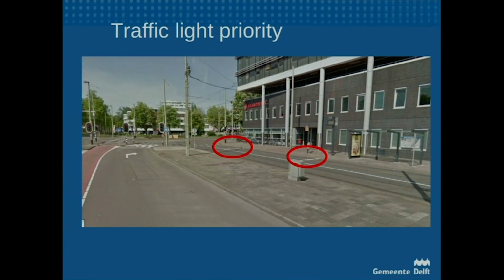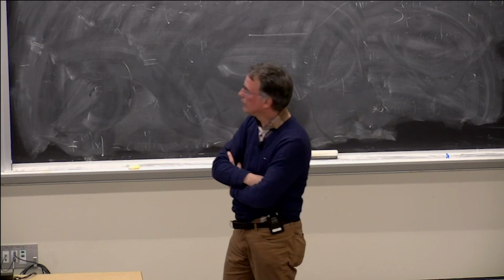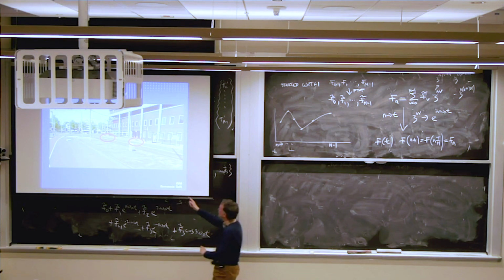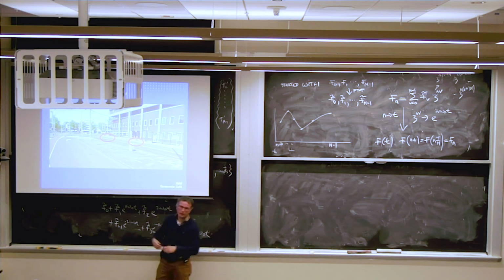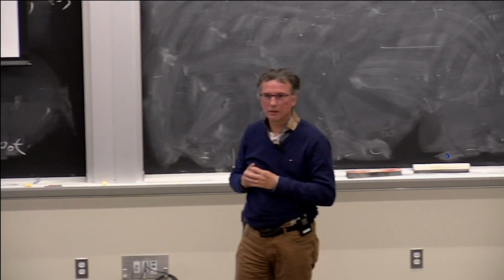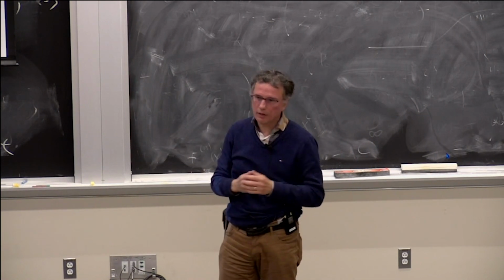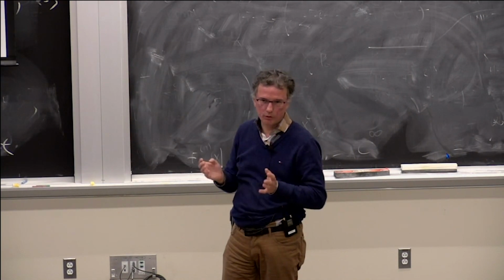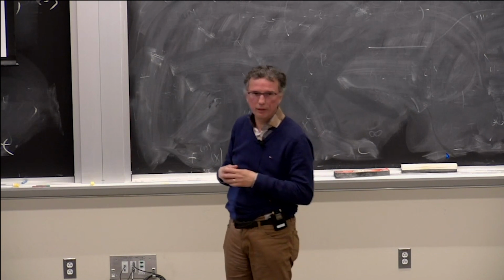Traffic light priority. Peter showed you a bus stop close to an intersection. Well, here's an example of a traffic light priority at a huge intersection. The tram has to make a turn to the left. And what we do, we put in 2 stop lines. The first one is the location where the light rail, the tram, has to stop for handling the passengers. I don't know how long that will take. And I don't want to stop all the other traffic because he is still handling passengers. If I do so, I get many letters from people waiting for nothing.